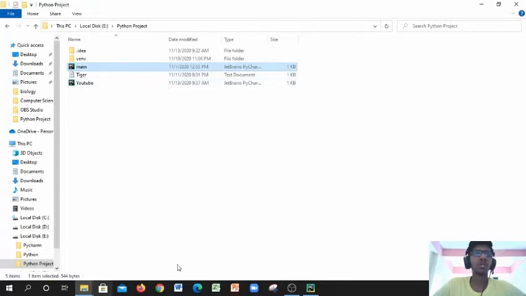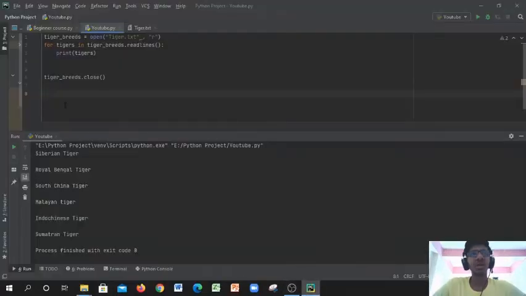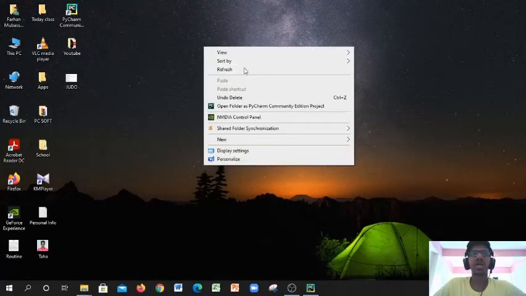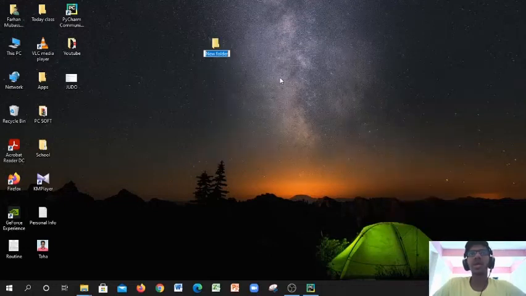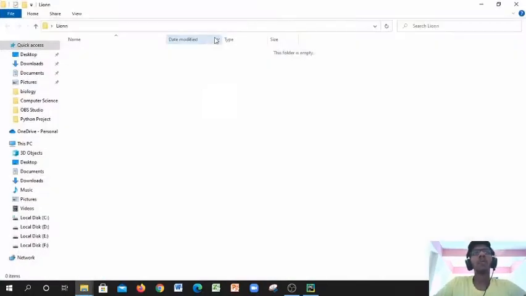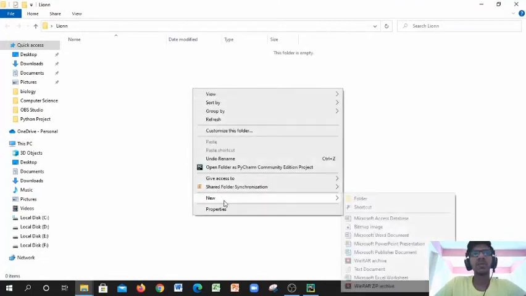That's why we don't need to type in any external codes to access it. What if we had a file stored on our desktop? Let's say it was stored in a new folder, and let's give it a name. Let's say lionn, with a double N, and let's open it and put in something new